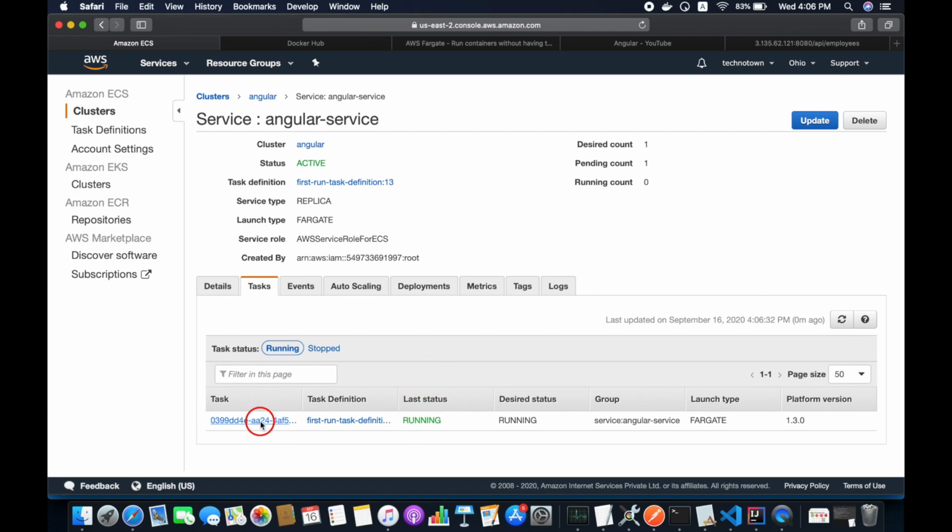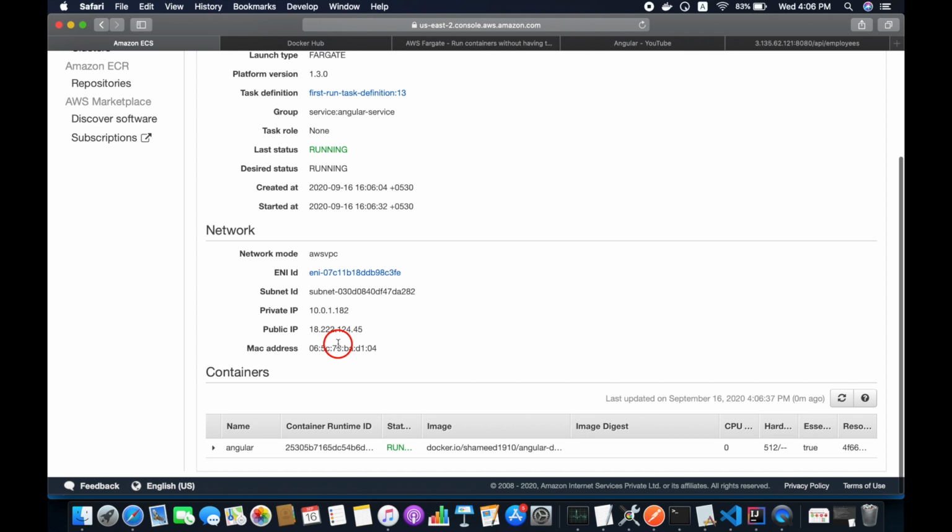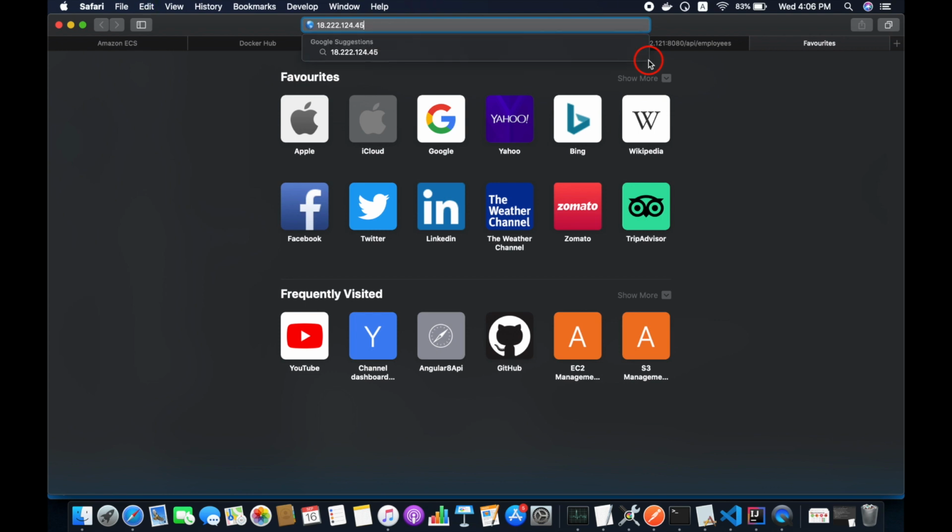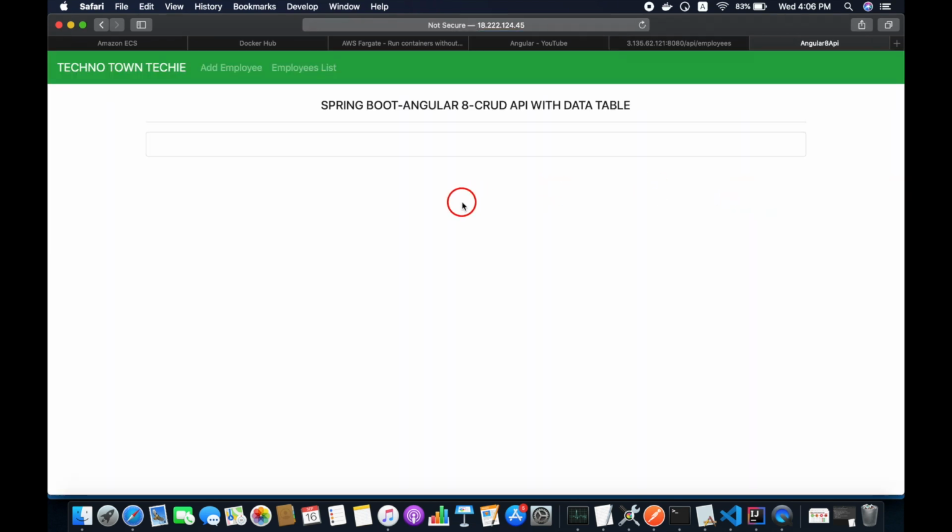Click on this task, take this public IP, and let's open the browser and hit enter. Okay, this is our Angular application, guys, that we have deployed on AWS Fargate.